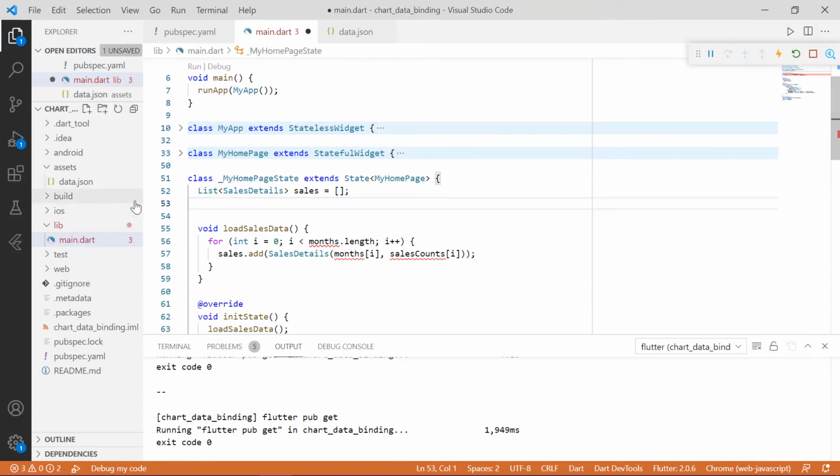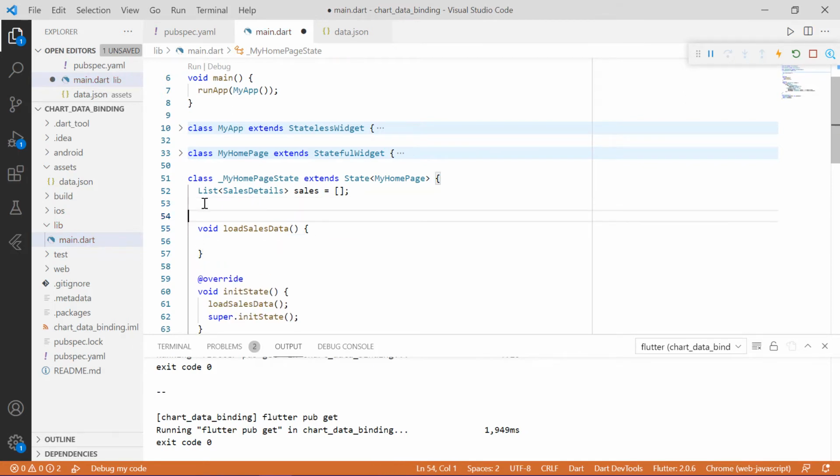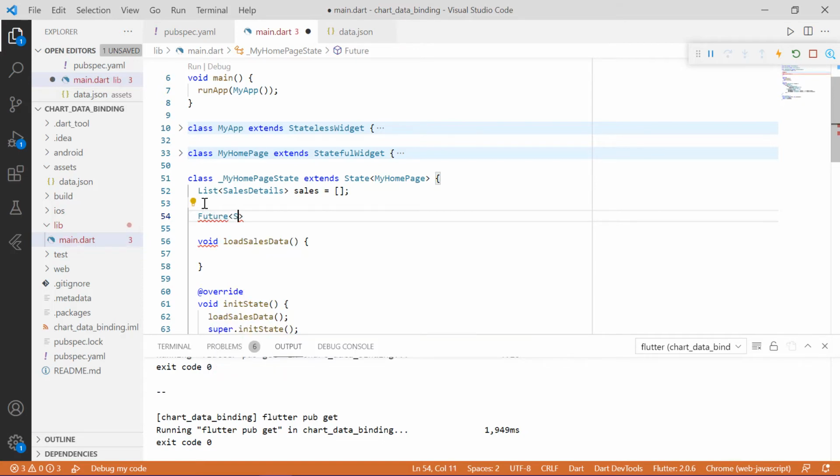Let me clear these codes. Next, let's add a new async function getJSON from assets, which returns a Future of string.